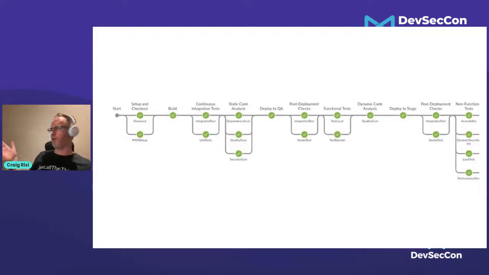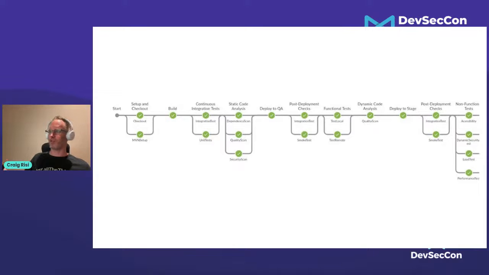A very common sort of checkout that we can do, that most people do. Here's one where you have your setup and checkup, where you've got your Maven set up, and you've got a quality gate that actually just checks out the code, makes sure the code is happy before it builds everything, runs your build, runs your unit tests, runs some CI tests within there, then it moves on to your static analysis code, where it's doing a dependency scan, a quality scan, a security scan, coming through to make sure that everything's